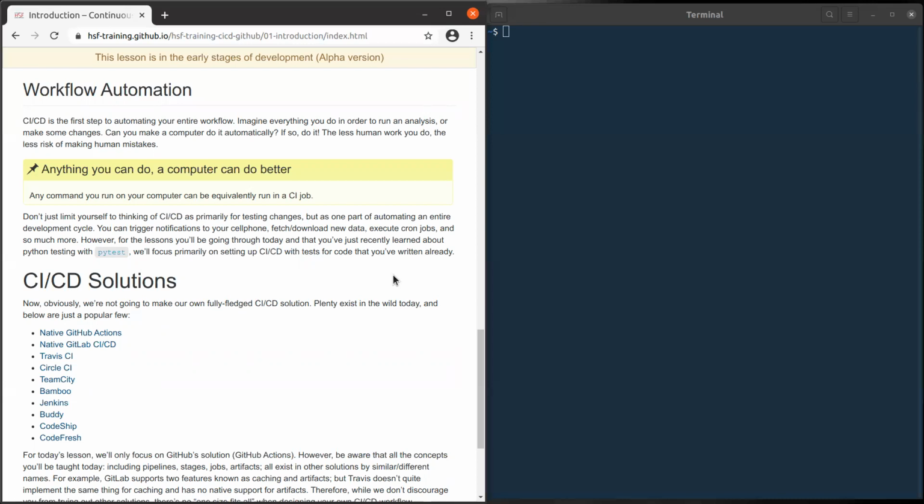As you can see here, there exist different solutions for CI/CD, and for sure we are not going to explore all of them, but only the GitHub Actions solution. But still, you can translate from one CI solution to another, but you should be aware of some differences between them. They might have different approaches.